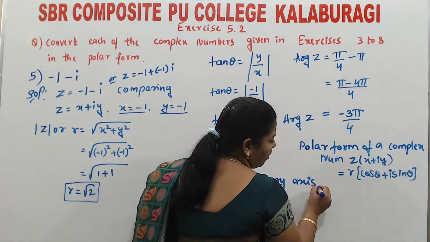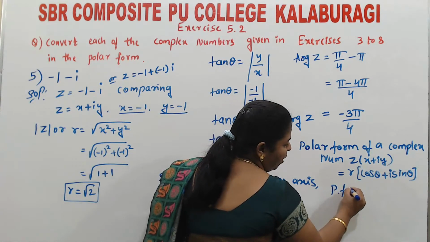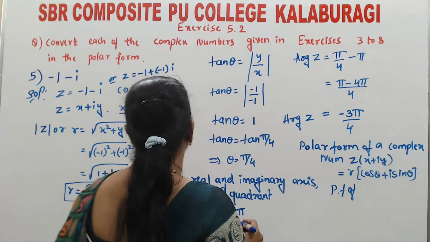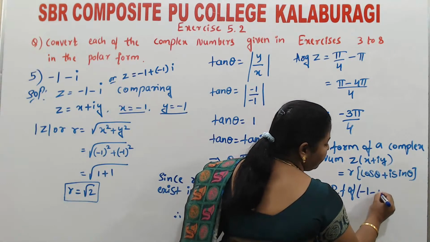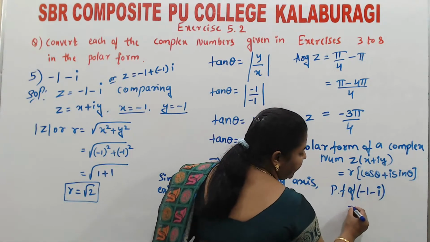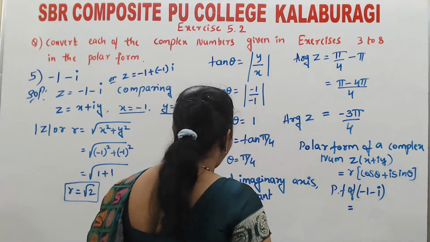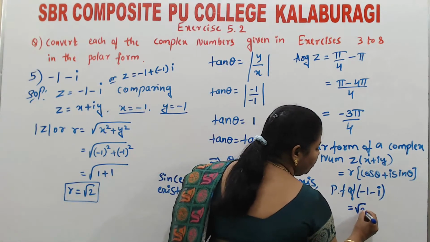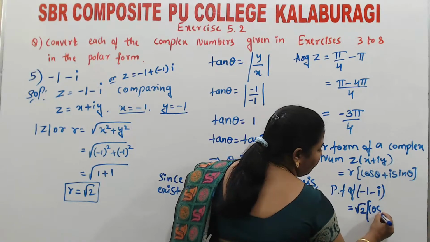Whereas the polar form of our given complex number, the given complex number is minus 1 minus i, is equal to, what is r? r is equal to root 2 into cos of